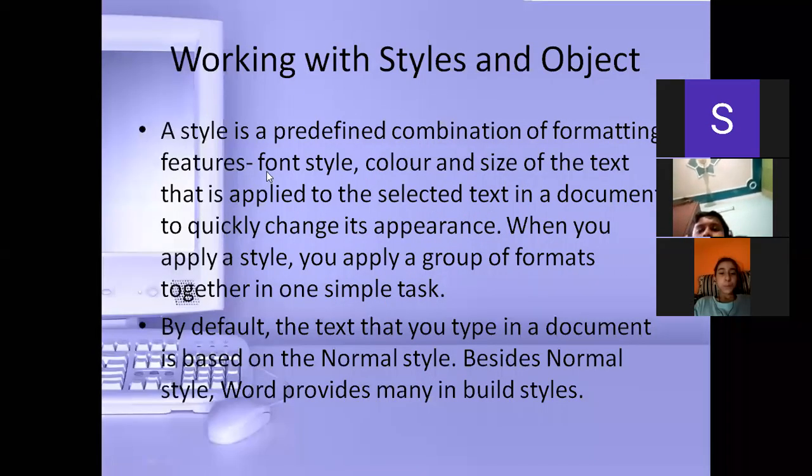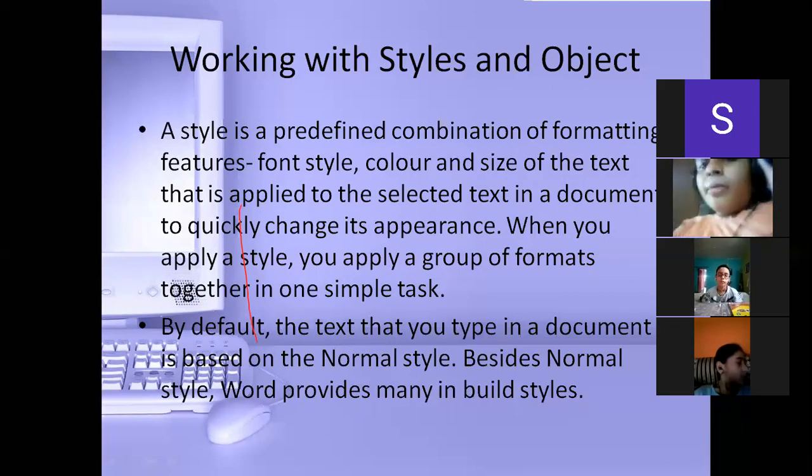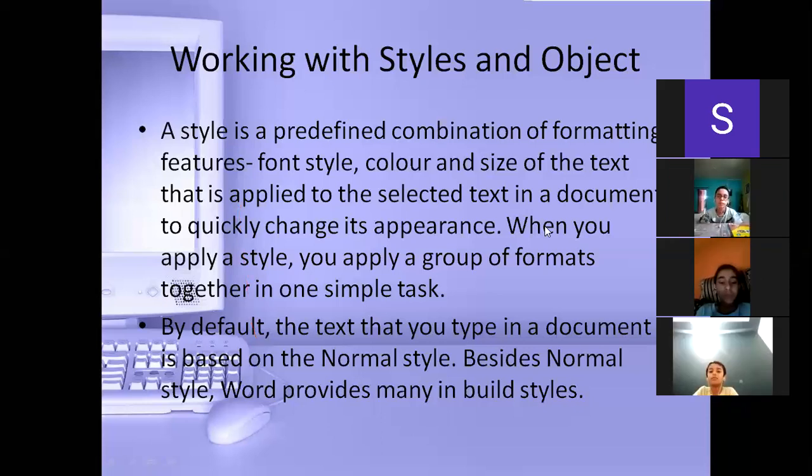Working with styles and objects. What do you mean by styles and objects? Style means your writing style. What we used to do, we used to write in our notebook, and sometimes ma'am used to say that, beta, you are not writing in a good way. Your writing should be presentable and it should be nice. But there are some drawbacks in writing in your notebook. What are the drawbacks? For example, if you are writing with a pen and you have made a mistake, then what happened? You have to cut that line and it would look untidy.